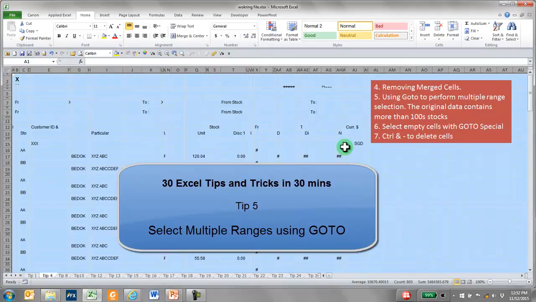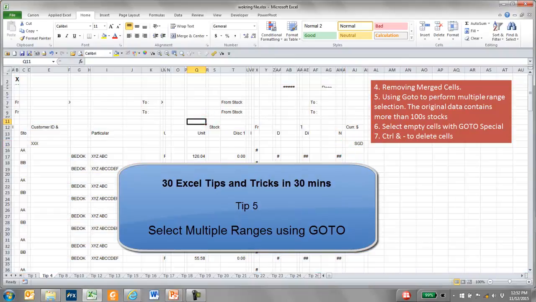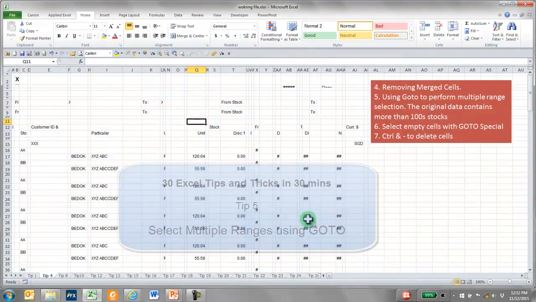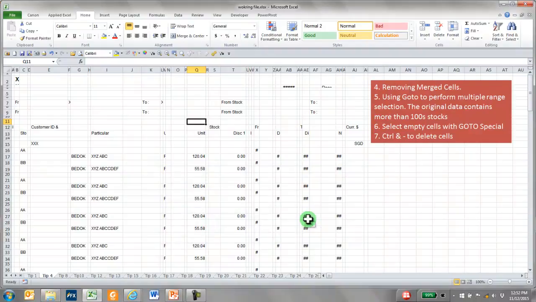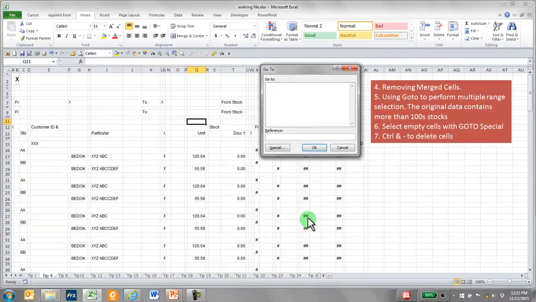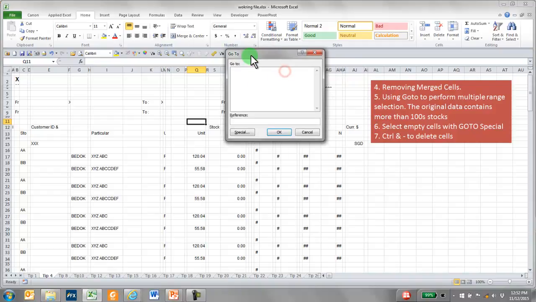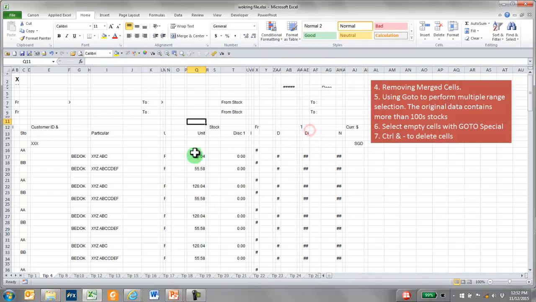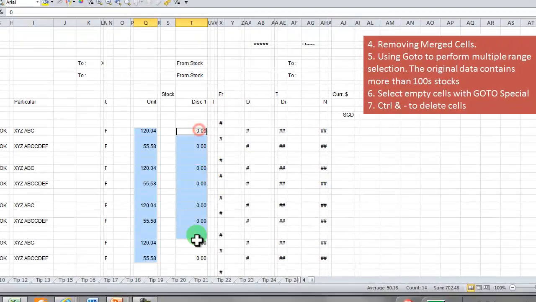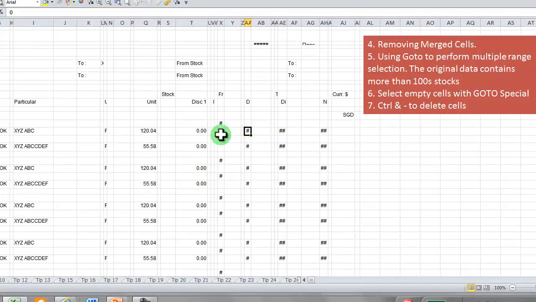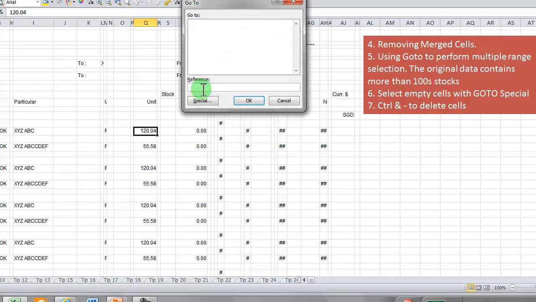Now another thing I want to show you as the 5th tip is that you can use GoTo by using Ctrl G or F5, and you click onto this one, and you can do multiple selection of range. Say for example, you select this range here, then you press the Ctrl key and select this range, and accidentally you let go of your Ctrl key and you select, and everything goes off. Alright, so what you can do here is go to F5, go to the reference here,